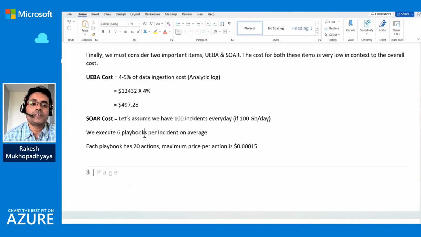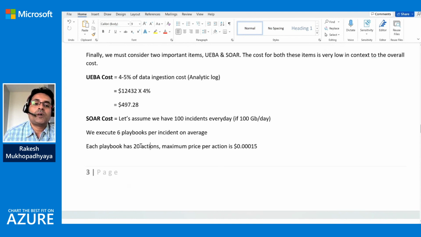So you just need to integrate them for SOAR functions, and then each playbook has 20 actions, right? Say, for example, you have an incident and you want to block a specific IP address on a firewall, right? That is an action. Or there is a phishing incident and a user has been phished.